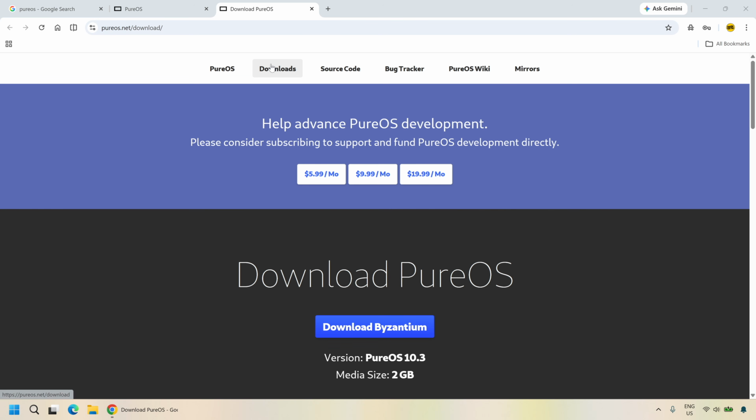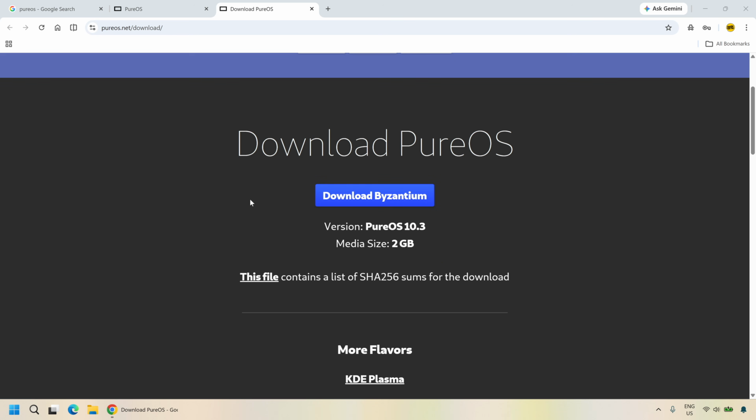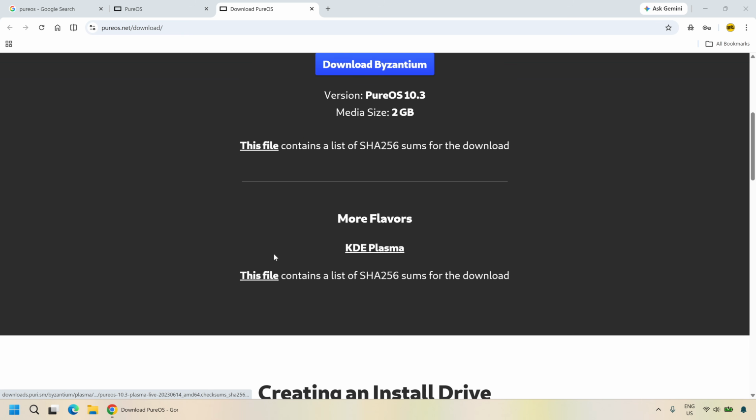We need to look for the KDE Plasma version under More Flavors. Once you click on KDE Plasma, the PureOS image file will begin downloading automatically. The ISO file is approximately 2 GB in size, so please be patient. Whilst it is downloading, you might want to have a cup of coffee or check the BIOS settings on your